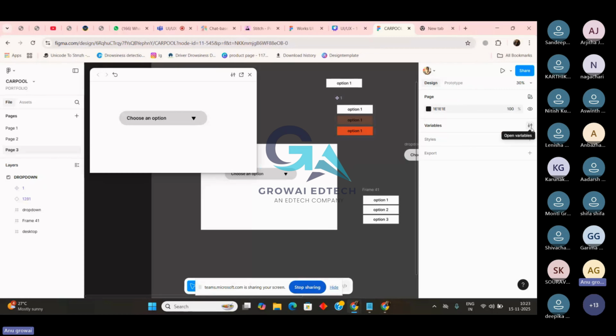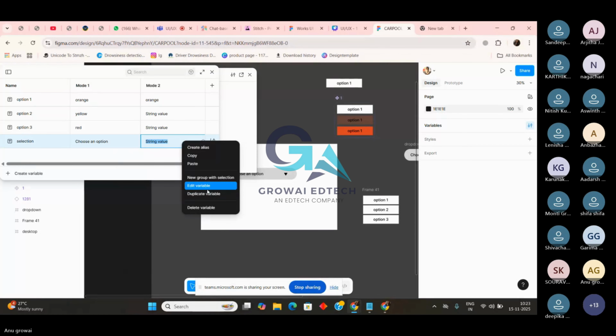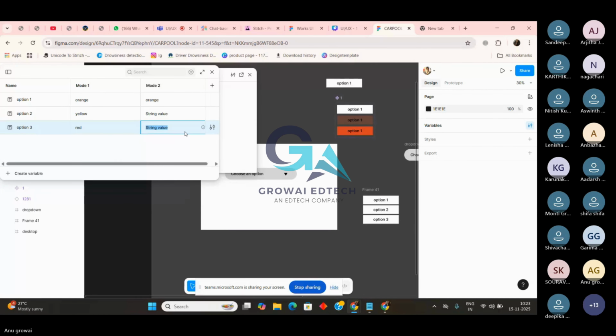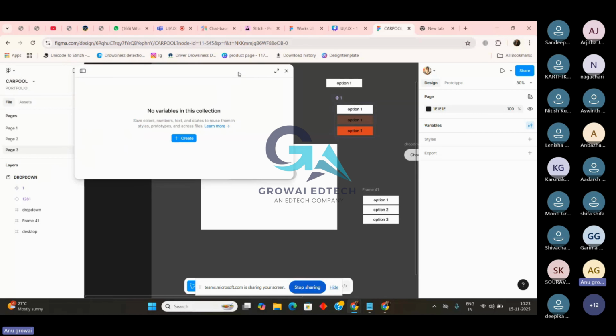In order to create a variable, in the design section, we have to move to variables. So here I have created already, so I'm just deleting it off. I'm starting from new, so I'm deleting everything. Okay, so this is how it would be. First thing, we have to create a variable. In order to create a variable, go to the design section. There you will find variables. So tap onto it and you will get this screen. So now what we have to do